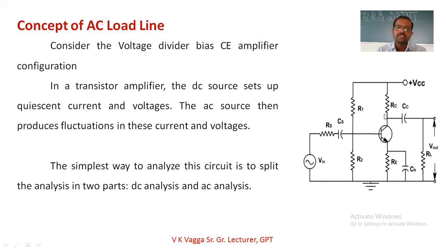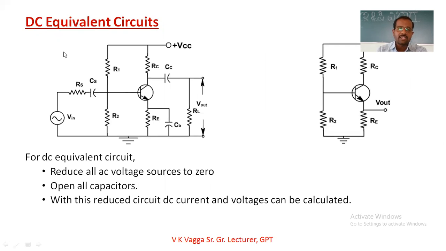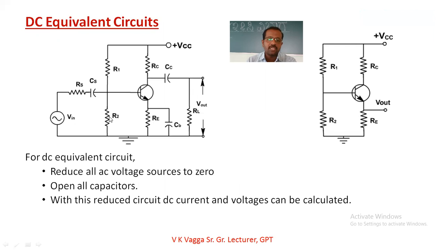It is going to fluctuate the currents and the voltages. So it has to be analyzed for the DC as well as for the AC. Initially we'll see the DC analysis. It is the DC equivalent circuit. Suppose you take the DC equivalent circuit here, it has certain